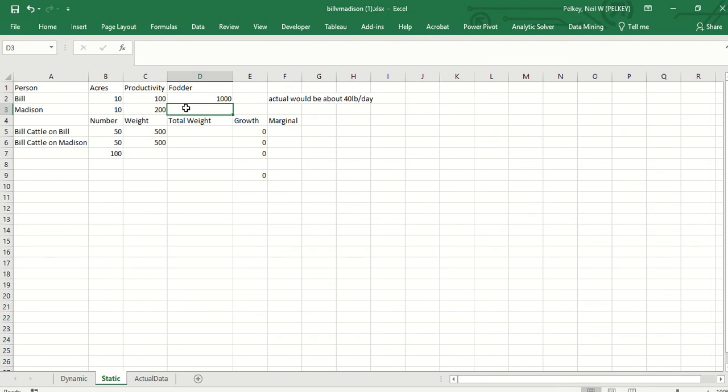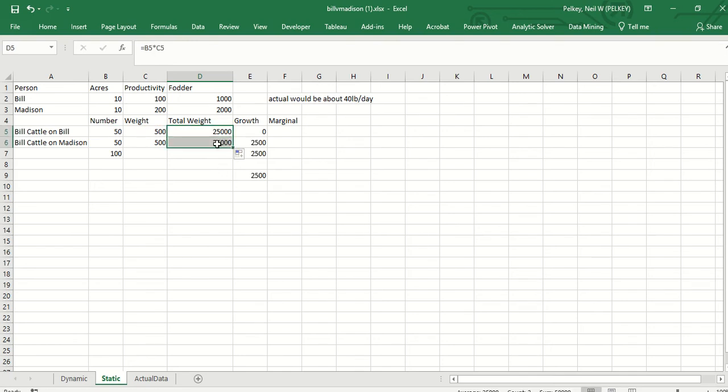He's got a neighbor, Madison, and she bought this lovely piece of land to have her little hobby farm, but she doesn't run any cattle, and she's not there. So Bill cut a hole in the fence so he could run his cows on Madison's land because she's not there. And so that's the number. The number of cows that Bill has on his own land is 50, and he ran his cows out there. So the total weight of cows that Bill has is 50 times 500,